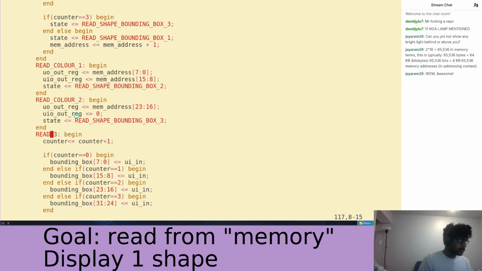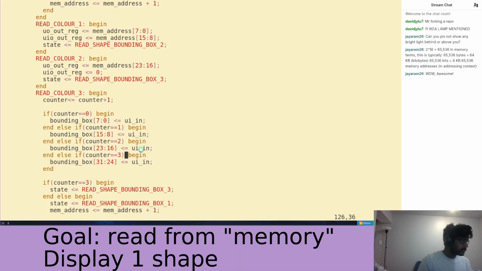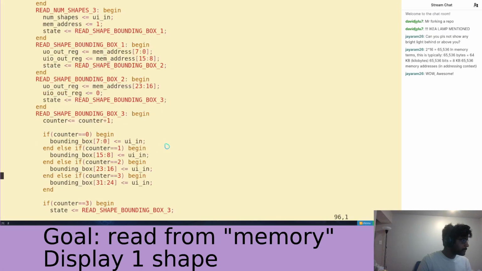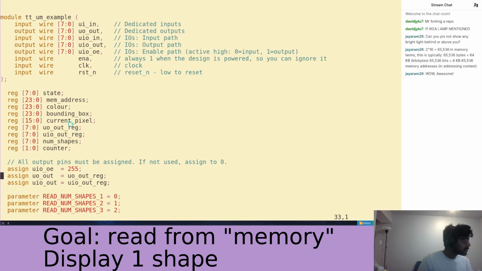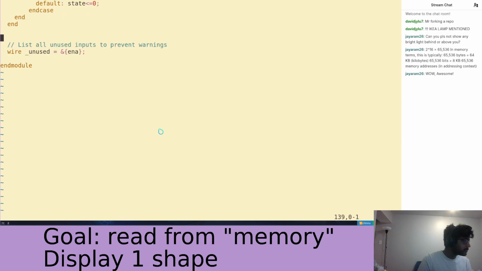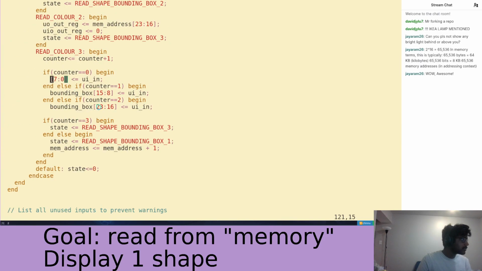And then here, color 3. And if counter, it's just 0, 1, and 2. And obviously we have the color up here. Yep. Color. Color. Color. Cool. And if the counter is 2, then